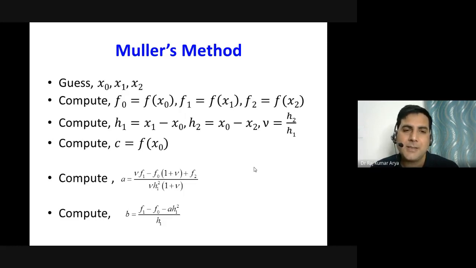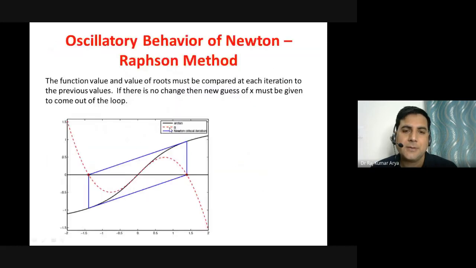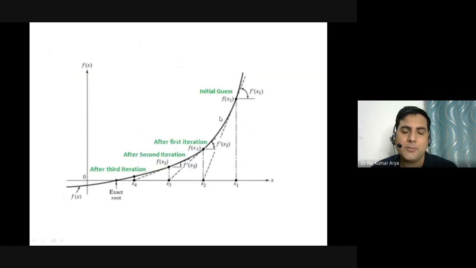Regula falsi is slightly faster than bisection because you are taking straight line approximations, and wherever the line intersects, you are considering that point as a root and then proceeding further. And then you have the Newton-Raphson method. There you are taking the tangent, so you are moving much faster than the previous two methods. Within a few iterations, you are close to the root.